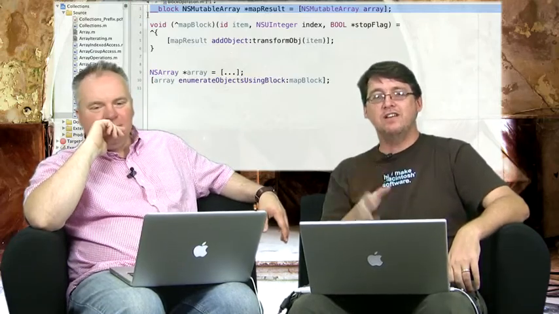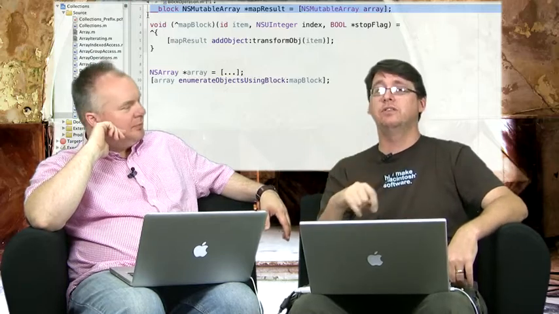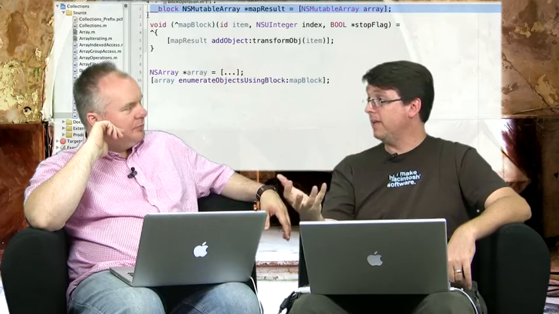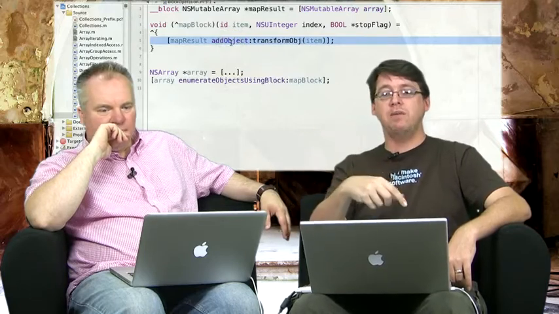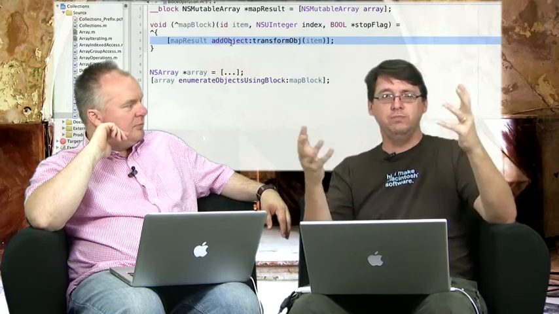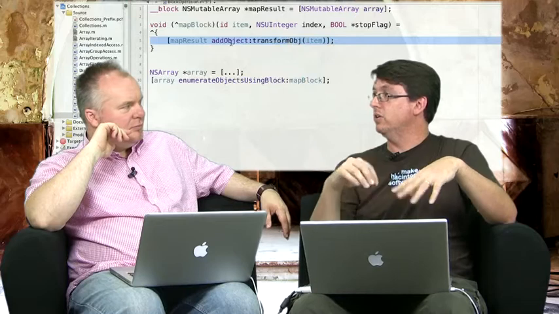So we have this underbar block statement here that's going to set the map result so that we can actually manipulate that object inside of our block. And so that's exactly what we're doing here. We take that map result and we say add object to that map result. Now, transform obj here is just some fictional function that we've got out there that's actually doing some kind of